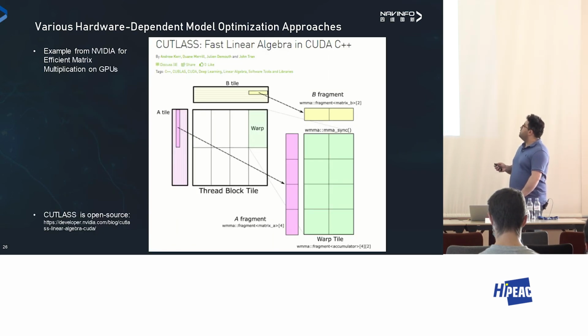For instance, I just referred to CUTLASS, which is an open source equivalent of Nvidia cuBLAS. So this is a bit misleading. We have cuBLAS, which is the closed source library of Nvidia for linear algebra. And we have CUTLASS. This is again by Nvidia, but this is open source. And according to my experience with this library, it can offer very close performance to Nvidia's closed source library. So you see that what they are doing is actually,